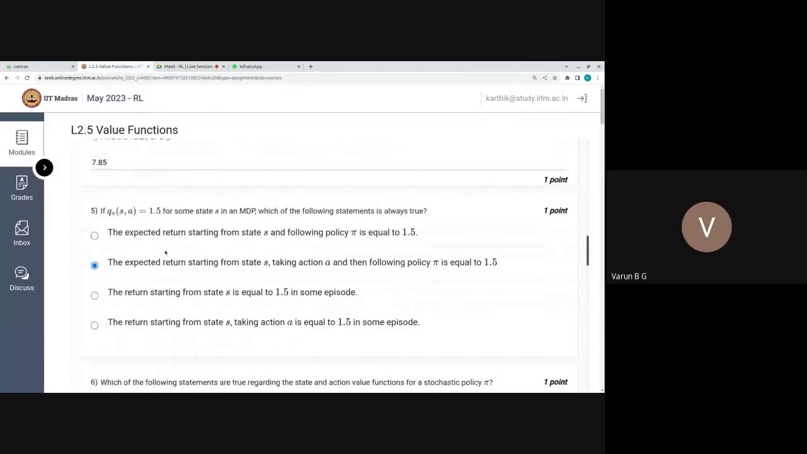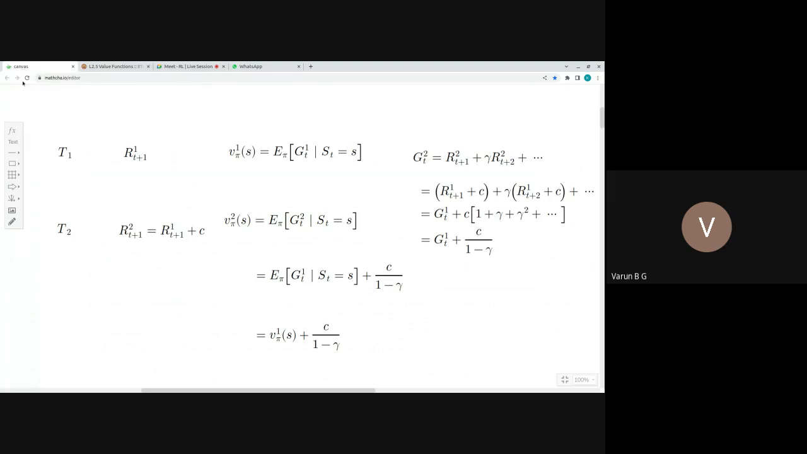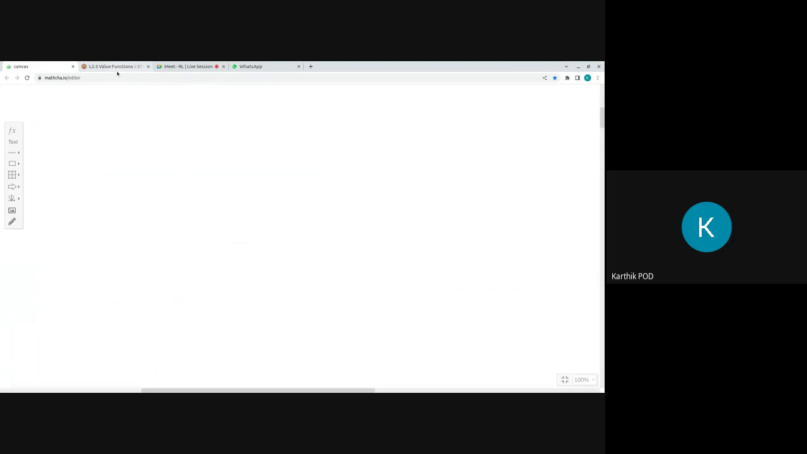Sir, I had a little doubt about what a policy is. So policy is what? When I'm at a particular state, does it give me the probability of taking all possible actions at that particular state? Yes. So if you take the case of,